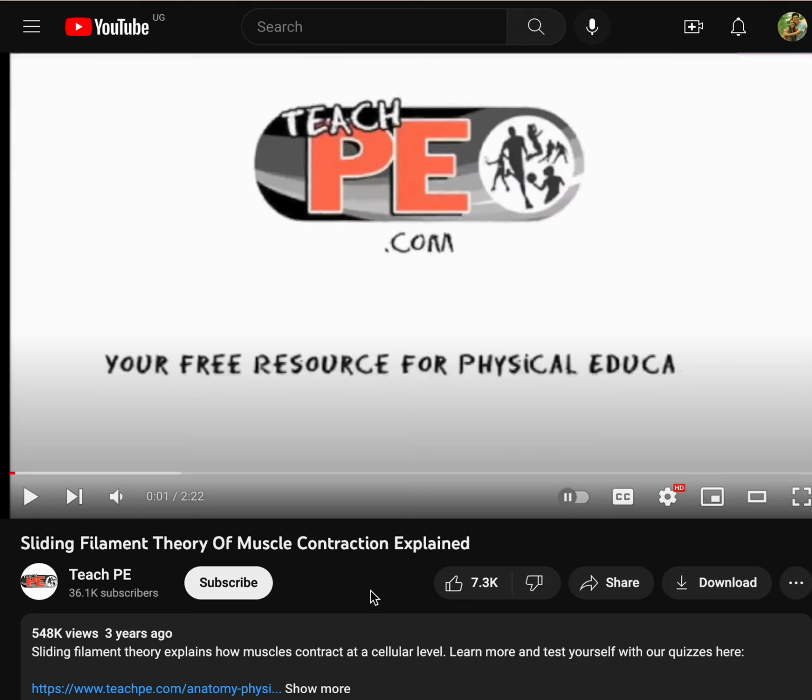Everybody. Over the past few weeks, we have been exploring the different parts of the body, looking at what makes things move, what makes things work, and today we finally get to look at how exactly a muscle contraction occurs. We use our muscles every single day to do many different tasks, even if it's just walking from class to class, picking up your pencil to write, or viewing this video, you are using many muscles. So today we're going to get to look at how exactly we get our muscles to work and what is going on at the